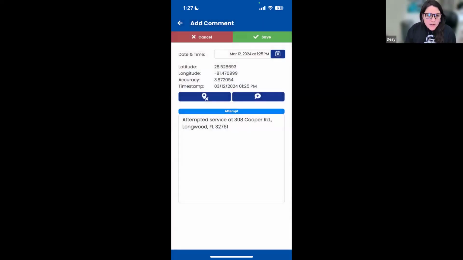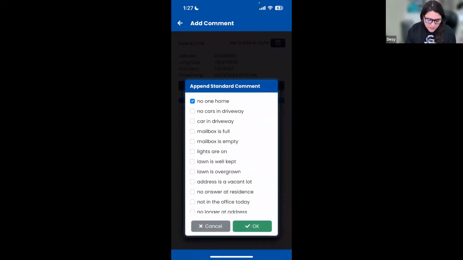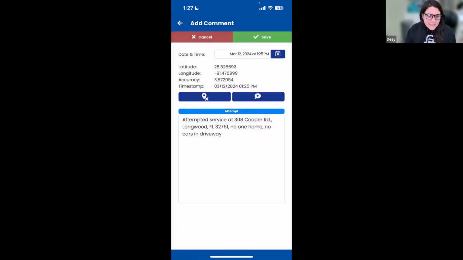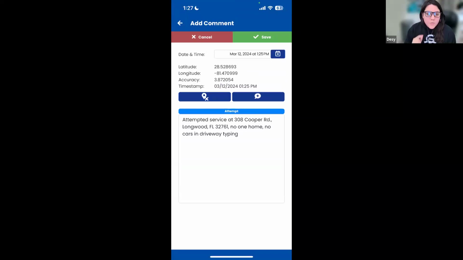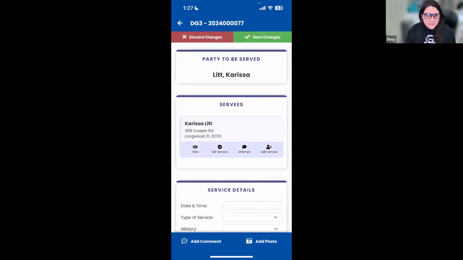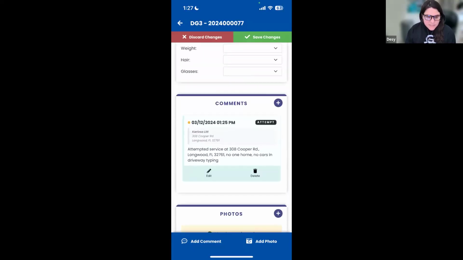So then right there, you have your preset. It says attempted service at whatever given address. And then if you go there and let's say no one is home, no cars in driveway, whatever, you hit OK. That sets it there. If there's more that you need to add, you can just tap in that box and start typing whatever it is. And then after that, you want to make sure that you hit save. And if you scroll down, you will see that comment attempt that you have added right there in the comments